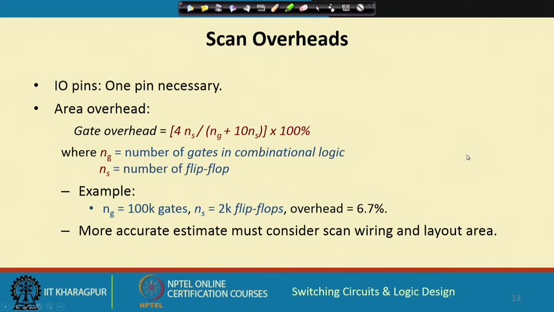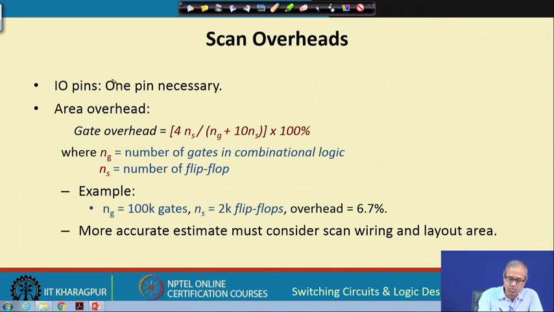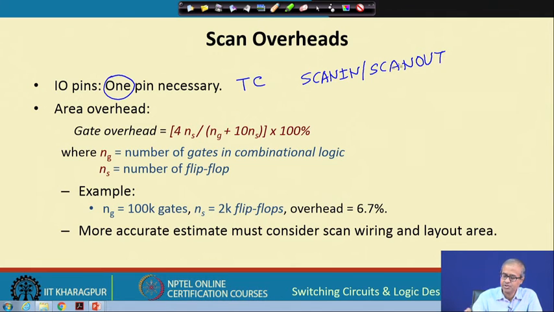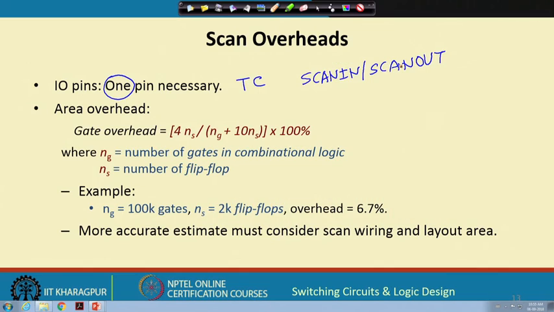Talking about the scan overheads, you need one mandatory extra input pin, Tc. But regarding scan in and scan out, if you can afford to have additional pins, it is all right, but otherwise you can share them with your PI or PO pins also, because PI and scan in you are never using together. Similarly, PO and scan out you are never using together, so you can share some of the pins if you want. And talking about area overhead,